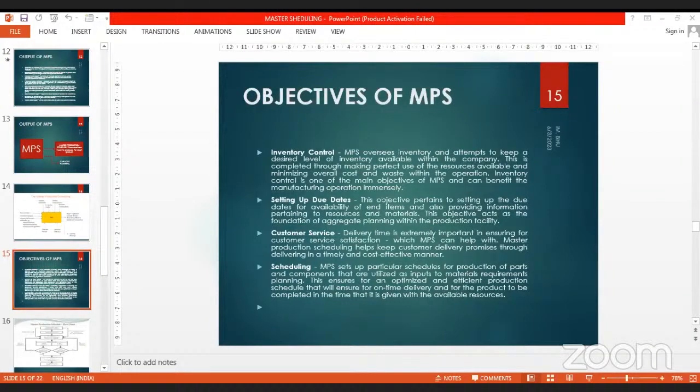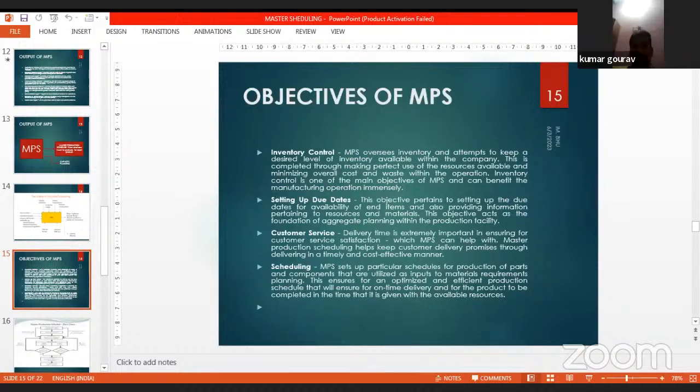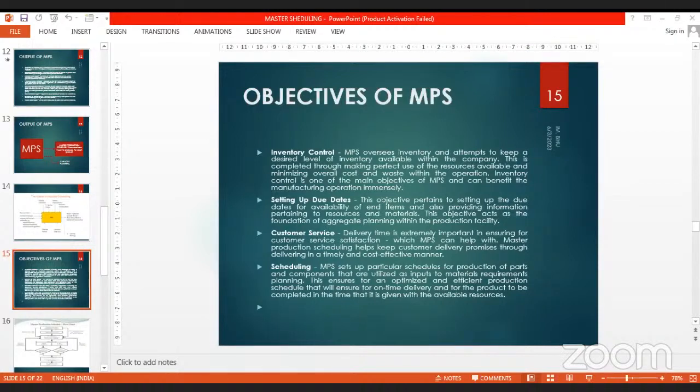MPS sets up a particular schedule for production of parts and components that are utilized as input to material requirement planning. This ensures an optimized and efficient production schedule that will ensure on time delivery and for the product to be completed in the time that it is given with the available resources.